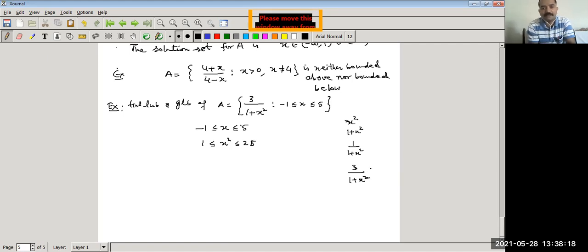सो हमने पहला स्टेप x² फाइंड किया. अब क्या करेंगे 1 + x², तो एडिंग 1 टू बोथ साइड्स, तो ऐड करेंगे 1, तो 1 + 1 = 2, सो 1 + x² इज लेस देन इक्वल टू 2. नाउ अब क्या करेंगे रेसिप्रोकल. रेसिप्रोकल करने से क्या होता है, इनइक्वालिटी रिवर्स हो जाती है.